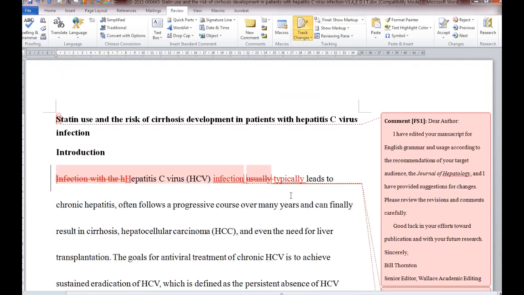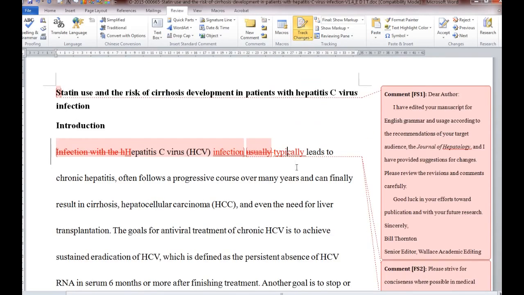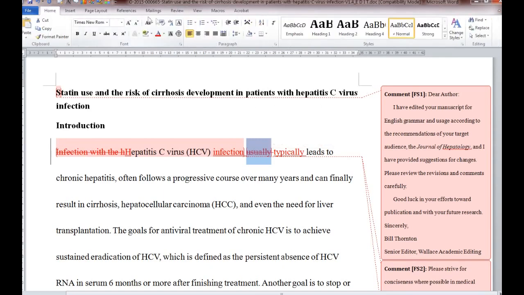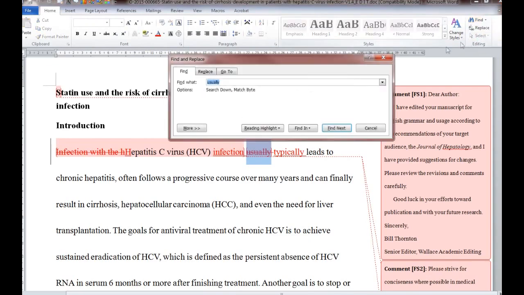In this instance, hepatitis C virus typically leads, typically meaning with most patients under most circumstances. I don't want to make this change without explaining to the author why I did it. And it's also likely that the author used usually again. And to maintain consistency,